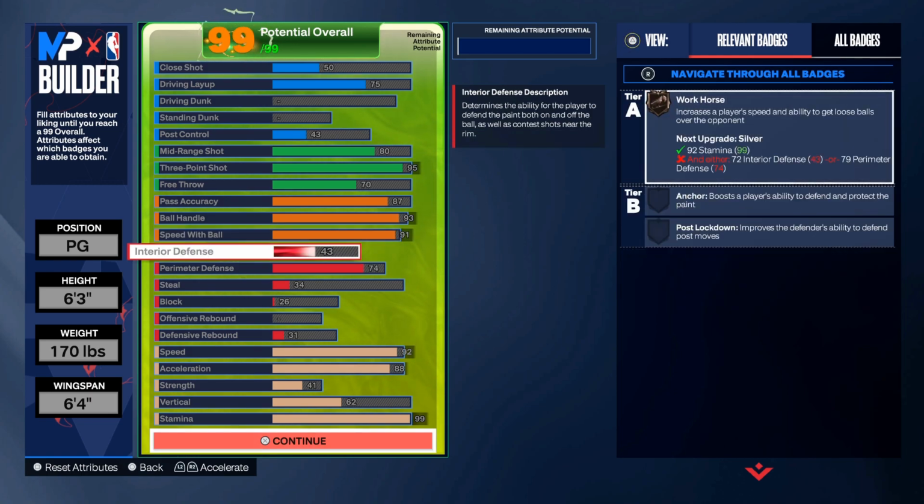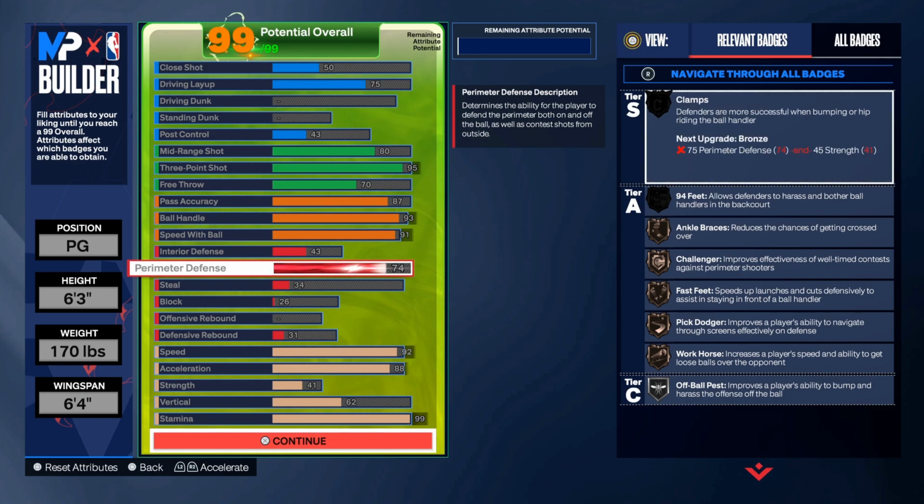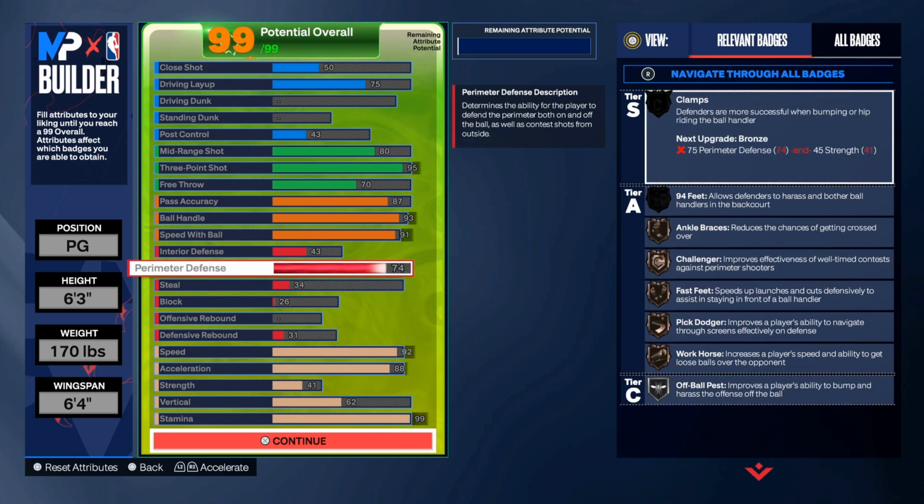But anyway, moving on down, now we're at the defending part of this build. Now, perimeter defense, this is probably the next part of the build that's a little bit weak, because, number one, I don't have any steals in this build. I ain't gonna lie to y'all, I don't believe in reaching a lot like that because it's not really my style. On top of that, number two, I have a 74 perimeter